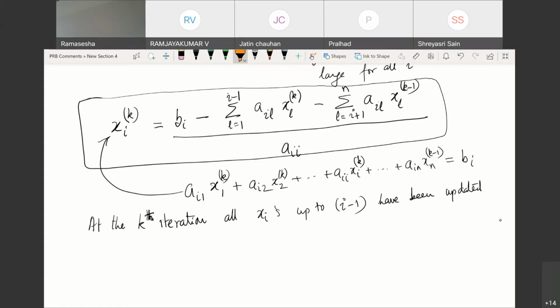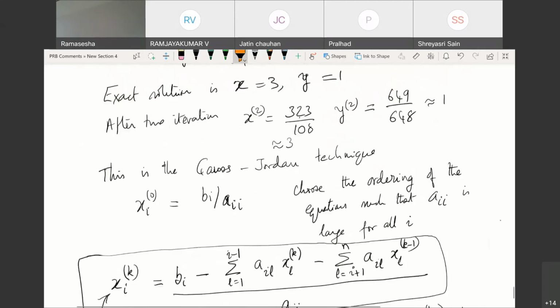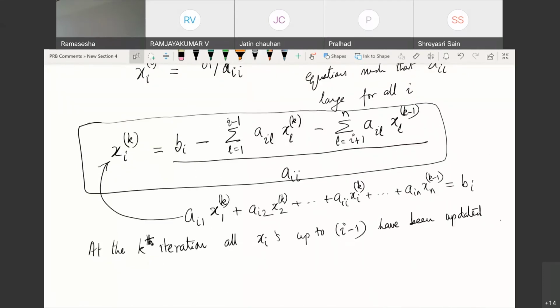The important thing is that when you have n unknowns and n equations, and when n is very large, you cannot go by Cramer's rule. You have to use other kinds of numerical techniques, and the numerical techniques have to be iterative. One of the iterative techniques that I gave you was the Gauss-Jordan technique, where you start with an approximate solution xi0, which is given by bi by aii, and then you keep on updating the xi's one after the other by going through equations 1 to n, and at the end of it you go back to equation 1, and so on and so forth. So this is an iterative procedure by which you repeat these processes until you obtain the desired convergence.